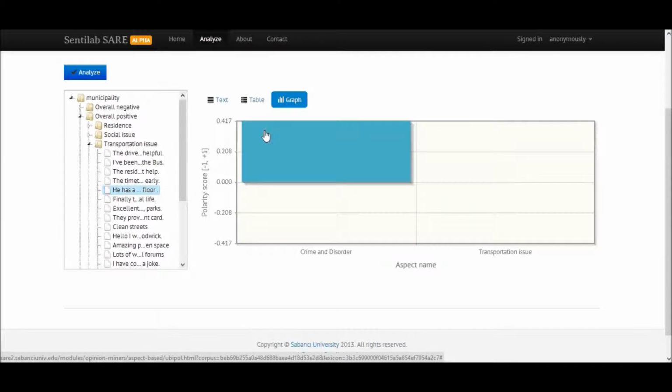Once we go and look at the graph, it will show us just a graphical view of the same table. So this was a short demo of SARE, which is a sentiment analysis research environment developed for the UBIPOL project,